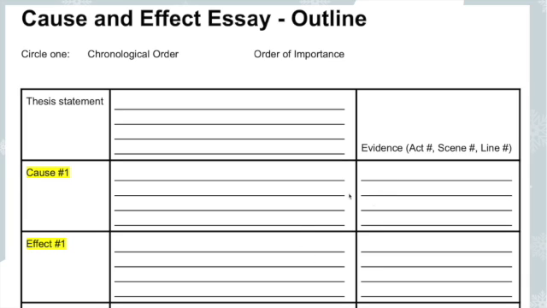Then, after you have that, come over here and develop your reasoning. Why does this cause and effect support the thesis? Add this into your own words. All right? These are your ideas. These are either a direct quote or a paraphrase from the text. Okay? You should be able to get this done today.